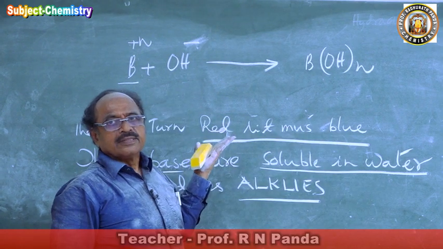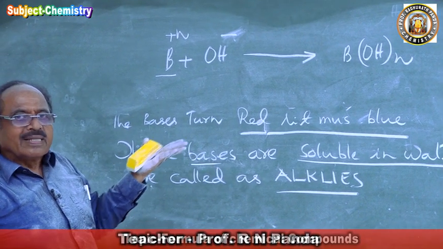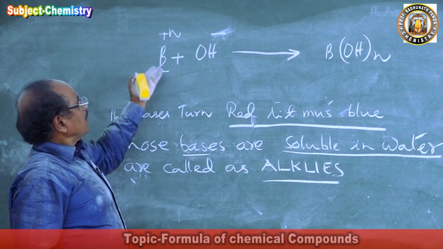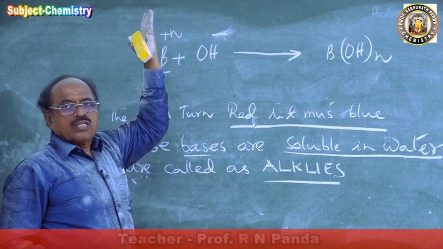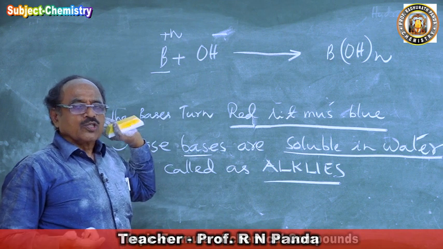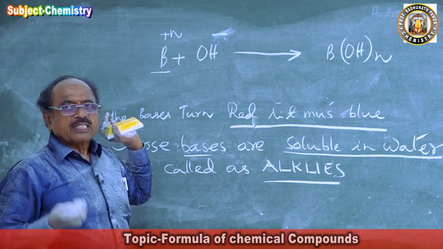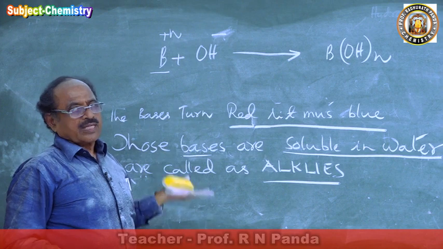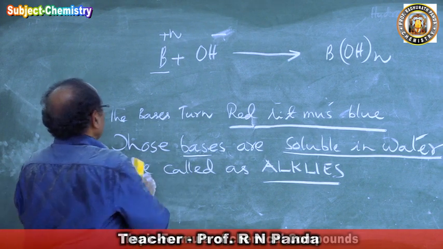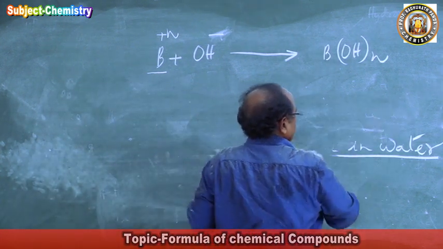This is the base. How easily are you writing the formula? The moment somebody pronounces the name of the metal, you know the valency. Calcium, which group? Group 2. Aluminium, which group? Group 3. Tin, which group? Group 4. Bismuth, which group? Group 5. So according to plus 1, plus 2, plus 3, plus 4, plus 5, you can write the formula for the bases very easily. The bases are hydroxides and oxides of metals.